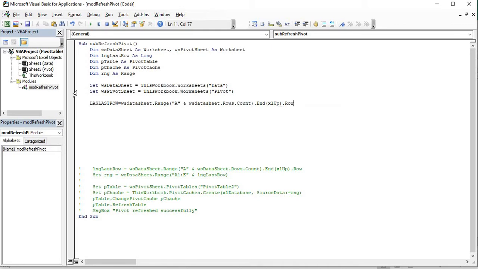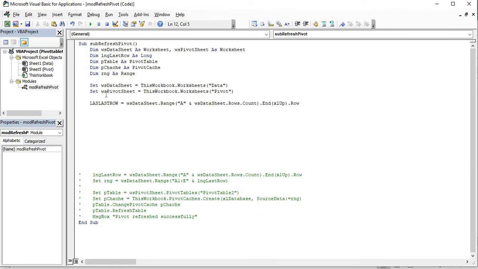Okay, that's it. Okay, so now you can get the last used row in the variable called lngLastRow.